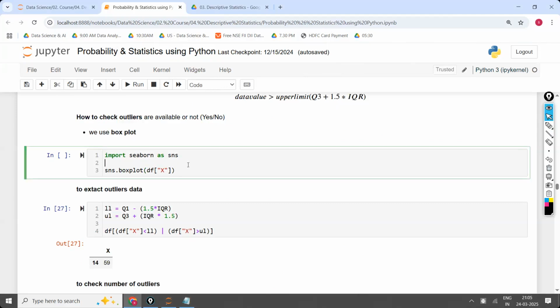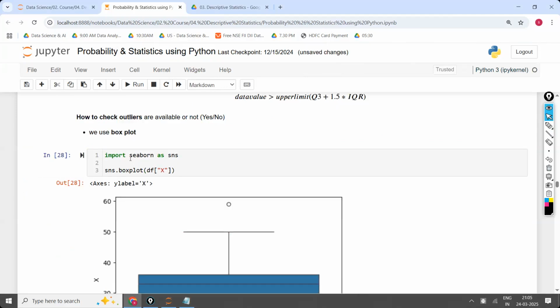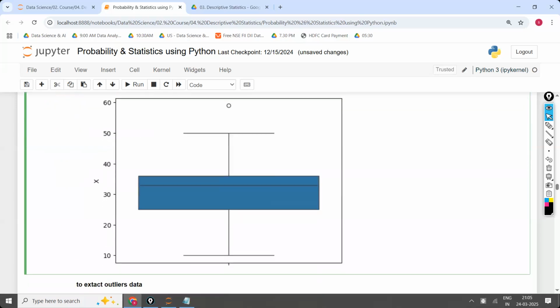Now we are going to use the box plot. So for box plot, we are going to import seaborn. In seaborn, sns.boxplot is the function. Inside the boxplot function, we have to provide which data you want to apply the box plot to. For which column you want to apply the box plot, that column you have to provide as the input. Internally, it will calculate everything. See, this is the minimum value, one line. This is the Q1 value. This is the Q2 value. This is the Q3 value. This is the maximum value. And here one dot is there.